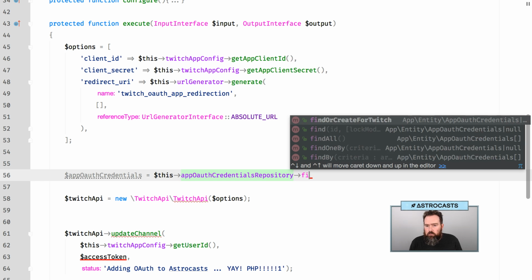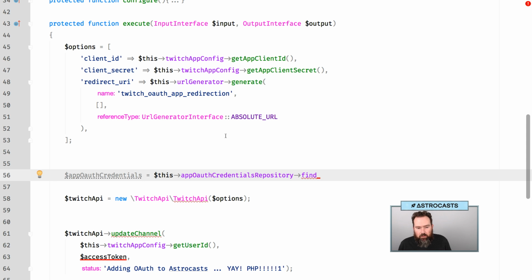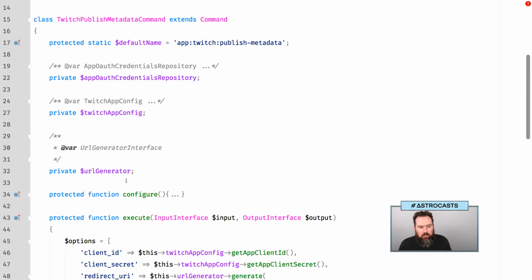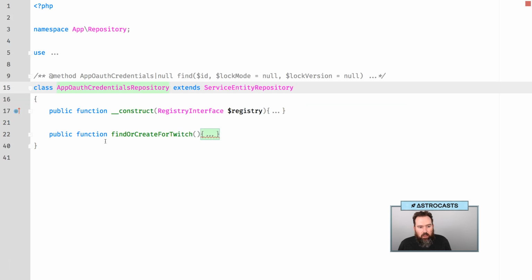And then we need to do find or create for Twitch. So we're going to have to do some fun stuff in here because I want to make this a little bit easier. So if we go in and look at this app OAuth credentials class, we have this find or